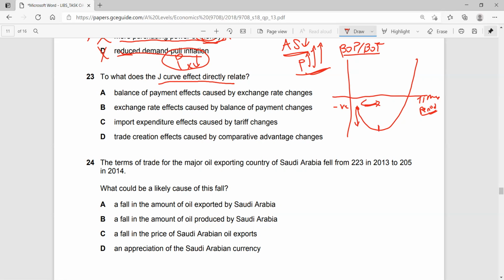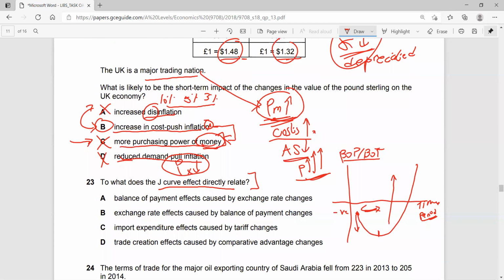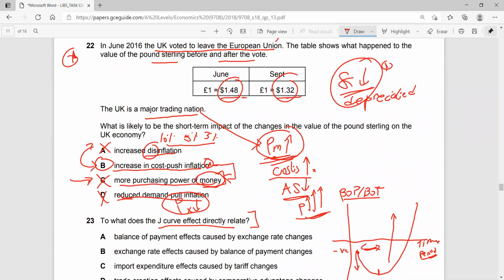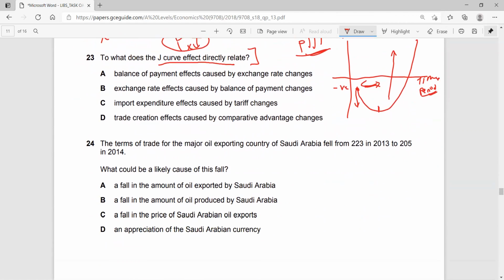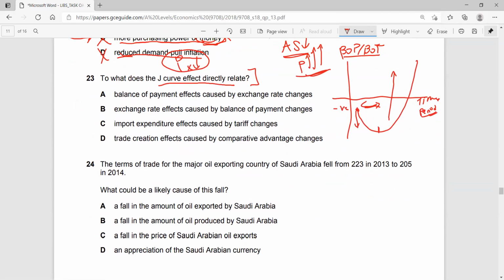But after a certain point in time, as you go towards the long run, elasticity changes. As we should know, things get more elastic in the longer run. So after that particular point, since you have elastic exports and imports, your balance of payments or balance of trade would improve if you have depreciation occurring. This is a theory. I didn't use it while solving the question above, because in the short run we're not sure whether it's inelastic or elastic. So we don't use it unless it's specifically mentioned. And this theory is just a theory. But yeah, so